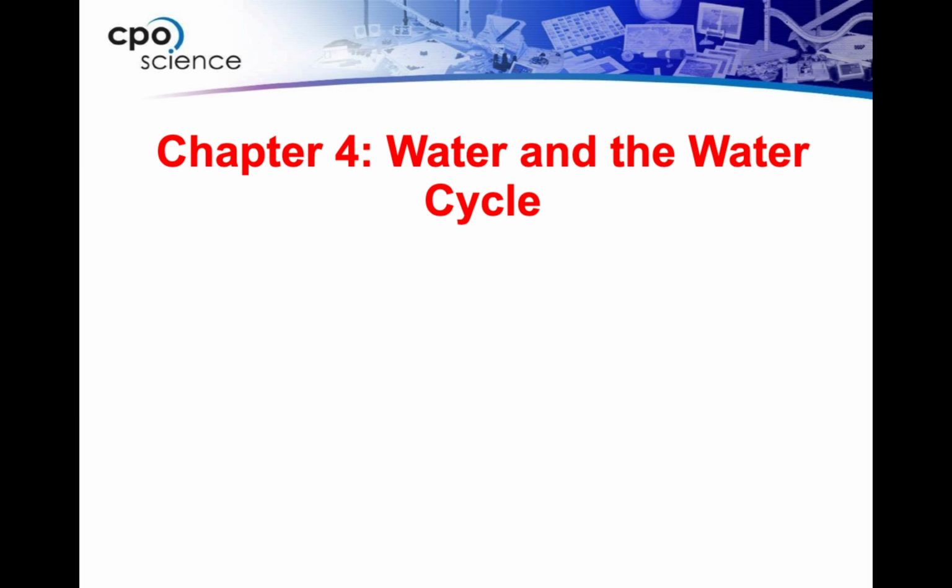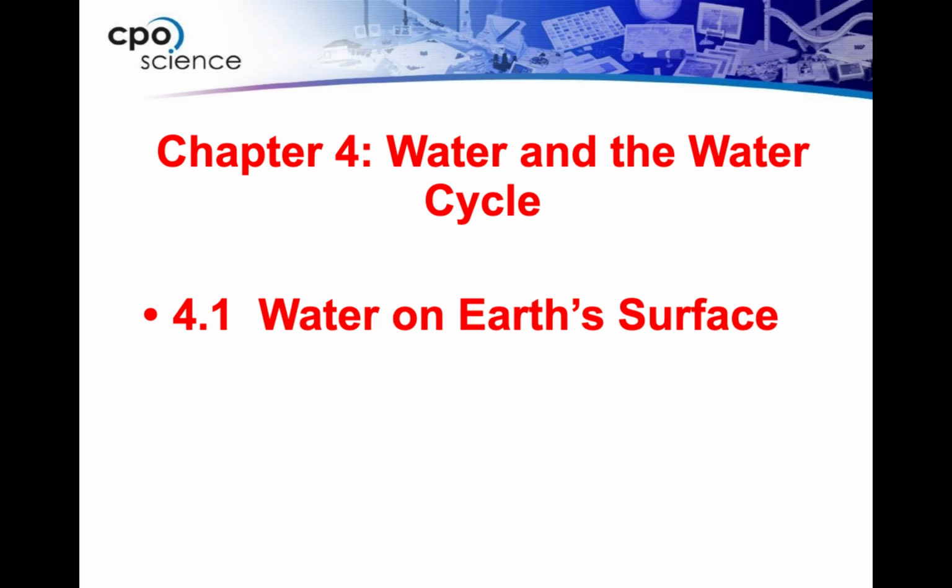All right, we are going to be moving on to Chapter 4, and Chapter 4 is something we should know a lot about in Minnesota because we live in the land of 10,000 lakes. Lots of water here. Not the case for everywhere on Earth, definitely not even the case for everywhere in the United States. So a lot of times when we talk about these things, I think some of these concepts are kind of weird for us where we live, but remember we want to be thinking globally about all of these things that we talk about in class. The global impact of all these things.